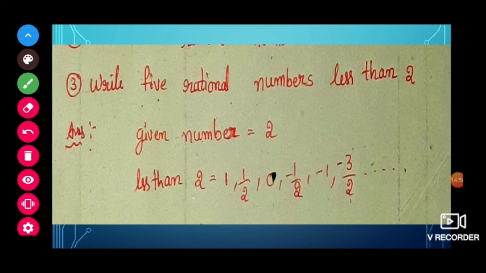Even if you want, children, less than 2 means 1, 2, even whole numbers also you can write in a rational number form P by Q by taking the denominator as 1. So we can write those whole numbers like 1, 2, minus 2, minus 3 by 1, minus 4 by 1, that and all also as rational numbers less than 2. Okay, any 5 if you write is enough.